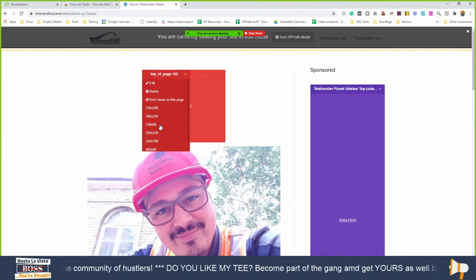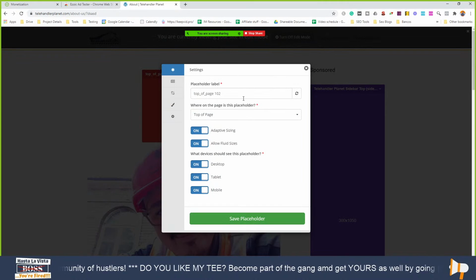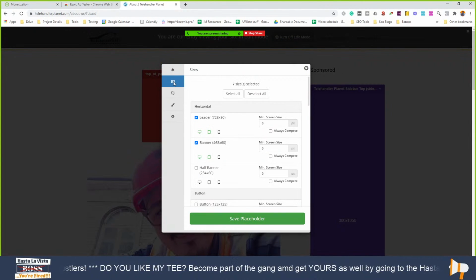So I want to show you how you can edit your current placeholders. So all the way at the top, Adrian, there's an edit button. There you go. And then these 4 or 5 tabs allow you to customize this placeholder for your specific site. I'll go over them real quickly. Do you want to start with the one under that one? Yeah. So this is what we showed you earlier. This is to select sizes.